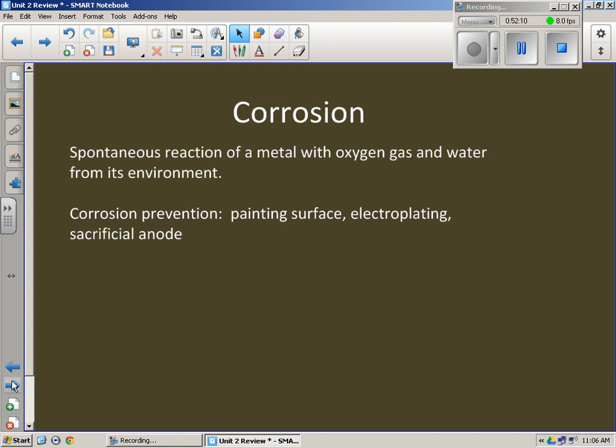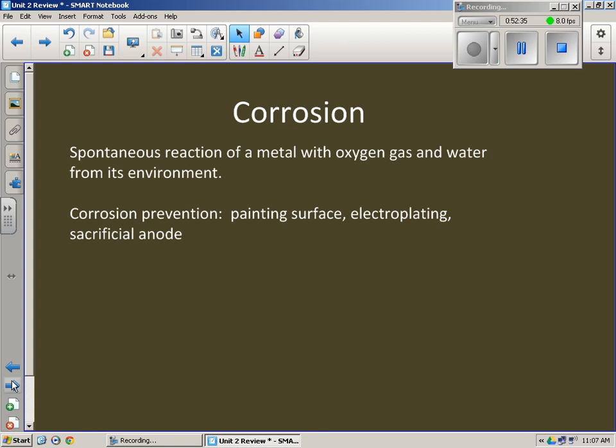And when we talk about sacrificial anodes, we talked about things like, well, magnesium's a pretty good one because it's pretty close to the bottom. So calcium, sodium, magnesium, aluminum, all those things are pretty good at losing electrons. They come before the iron does. So, for example, when you have steel under